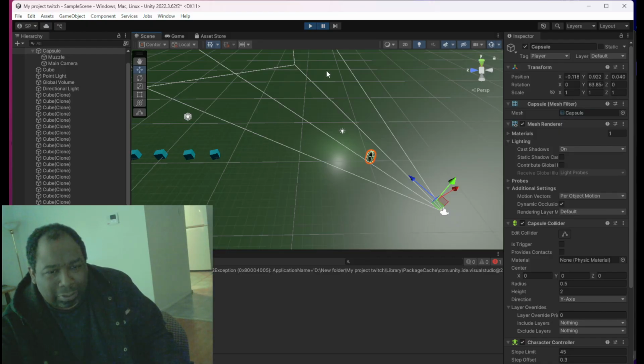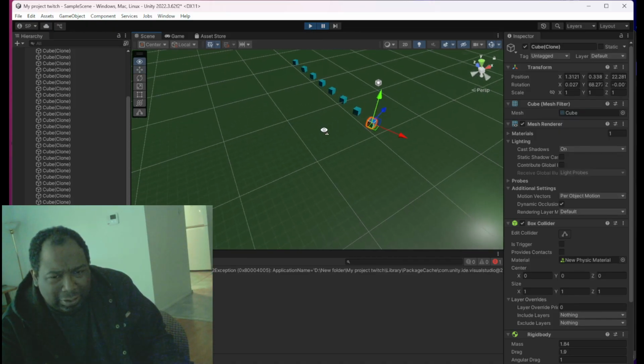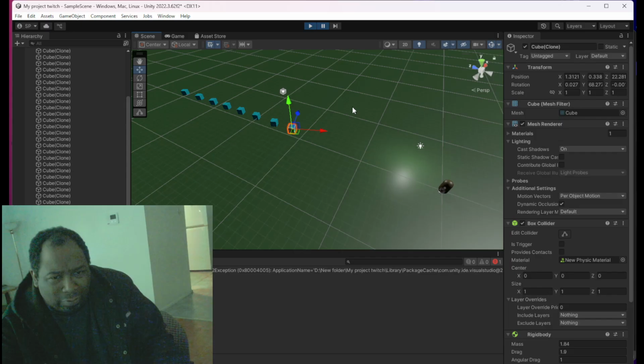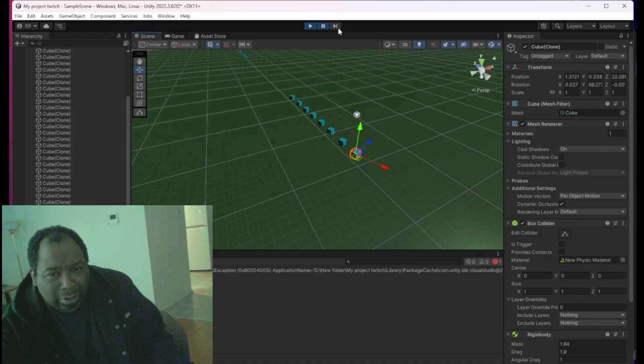But it's not going. This is just proof that it's not going down the forward vector. It's going down the original forward vector. It's facing the right forward vector, being instantiated with the right forward vector, but it's moving down the wrong forward vector.